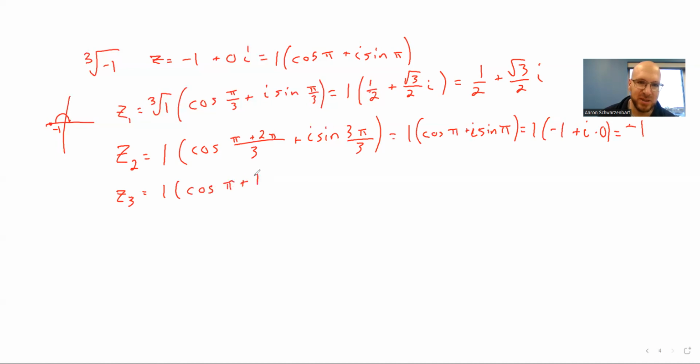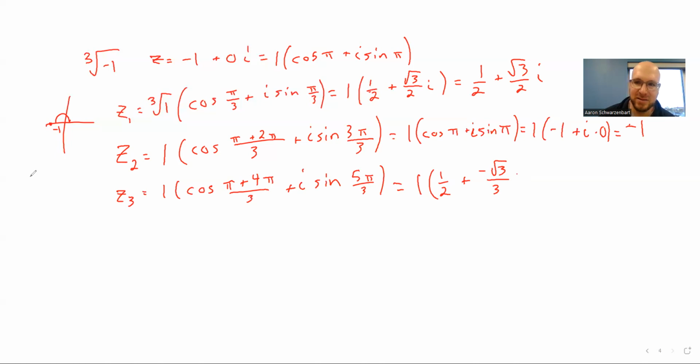Pi plus 4 pi. That's 5 pi. So again, that's 5 pi over 3. 1 times cosine of 5 pi over 3 is 1/2 again. Sine of 5 pi over 3 is negative square root of 3 over